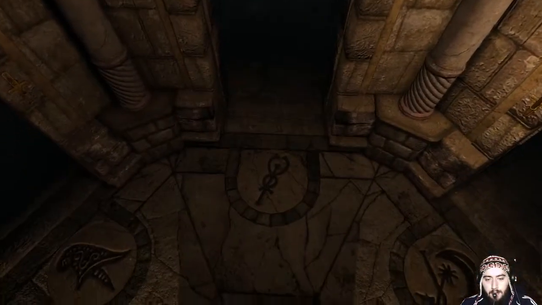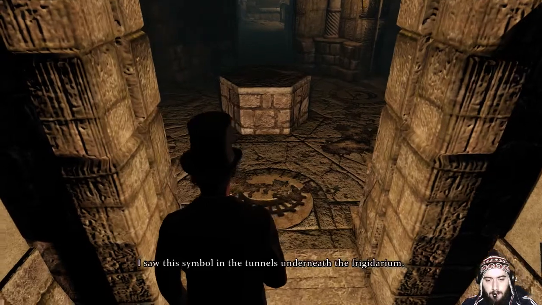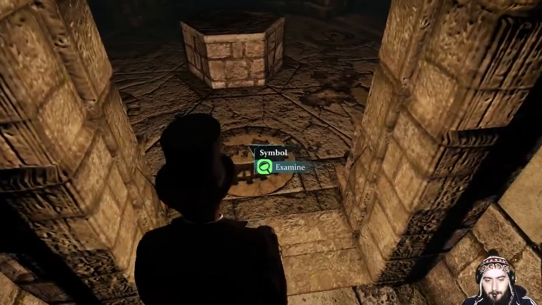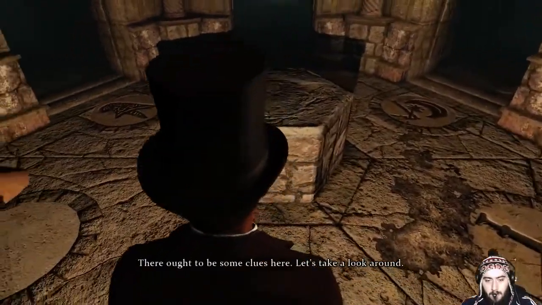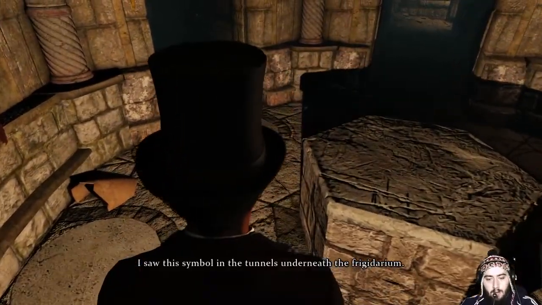Oh god, more symbols. I saw this symbol in the tunnels underneath the Frigidarium. Which way should we go, Holmes? There ought to be some clues here. Let's take a look around. I saw this symbol in...